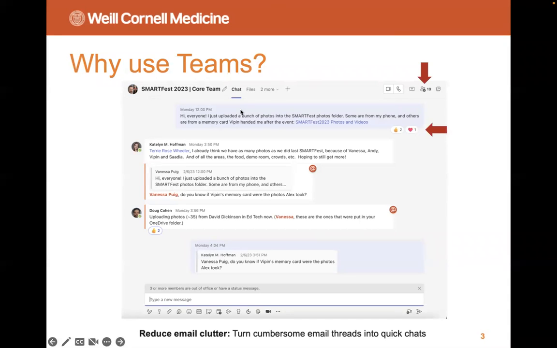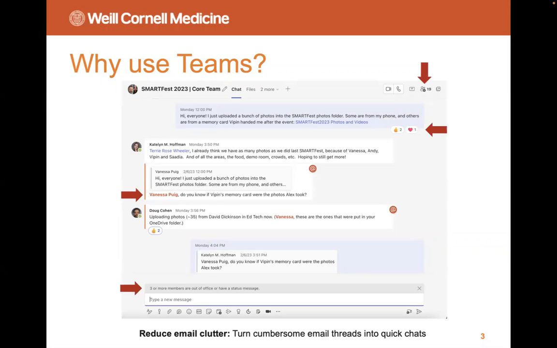But if people did have questions, for example, this is Kate. She was our project manager. And you'll see right here that she's actually referring to this message that I wrote here at the very top. My name is in red right here, meaning she mentioned me in the Teams channel. So I am personally getting a notification specifically to me that says, hey, Kate is trying to reach out to you about something. So even within these team conversations, if you've got a question for one person, you can point to them directly instead of involving everybody. That person will be notified so that they can respond and keep the conversation going.